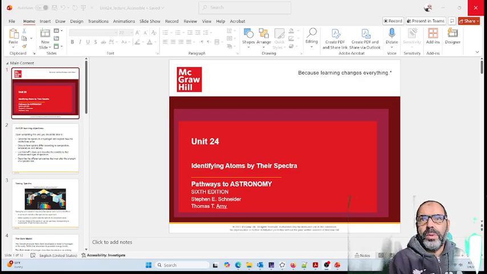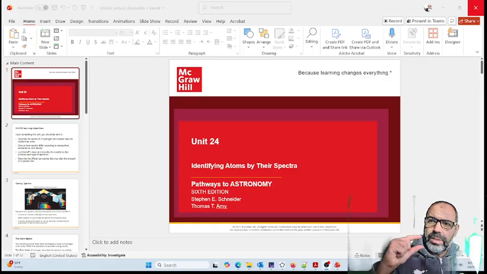In this unit, we're going to use something called spectroscopy to identify elements or atoms. Every atom has a unique signature when it comes to light emitted from it. This branch of science was actually started by astronomy and later on is now used in